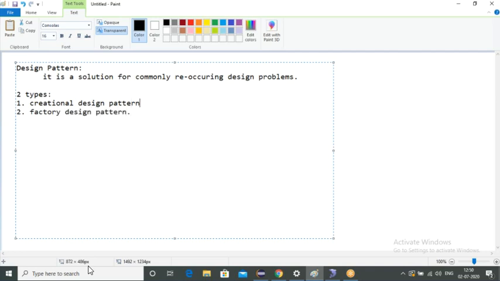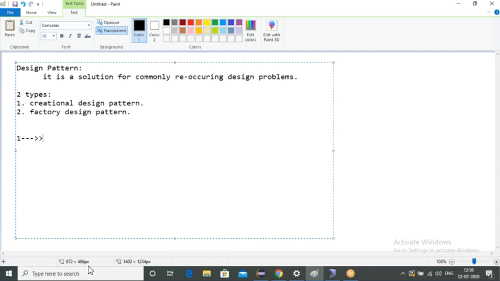These are the two types of design patterns. In that, I'll first explain the first one. What is a creational design pattern? It is a normal, simple design pattern, guys. We will not be discussing much about it because we will not use that one.